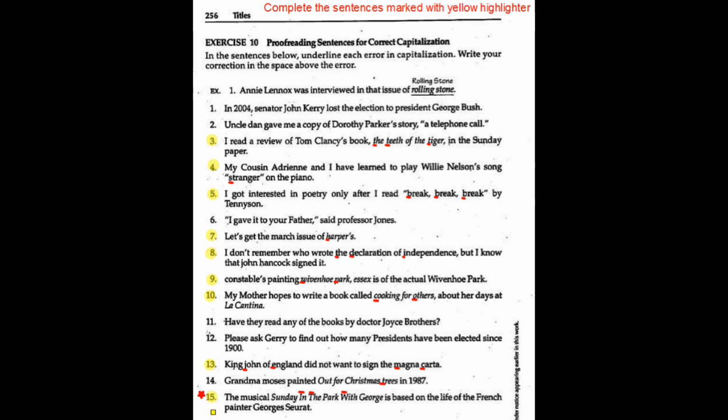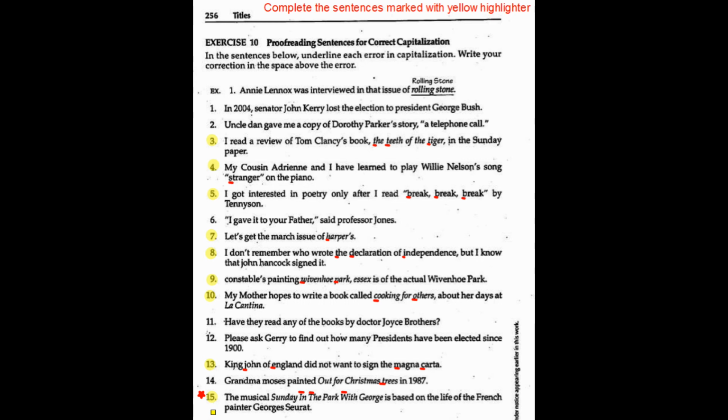Okay, check your answers now and be very careful. If you missed one, go back and look at the rules again and see why you missed it. And I want you to look especially at number 15. It's odd. I put an underline, actually it's a line above the letters that shouldn't have been capitalized in number 15. It's really odd.